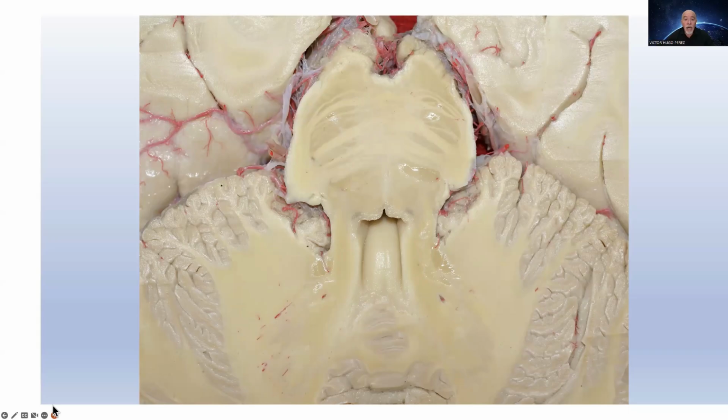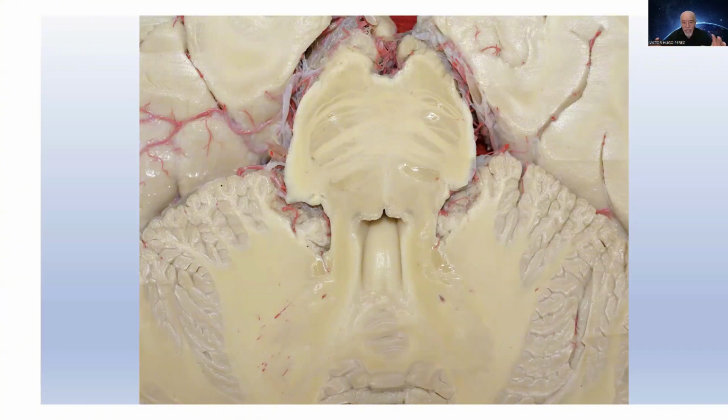So here we have an axial cut of the brain. Here we have the cerebellum, and here both temporal lobes, and here we have the pons. So this is the brachium conjunctivum. So if you try to differentiate the gray substance from the white substance, yes, you can do that, but it's not a good vision